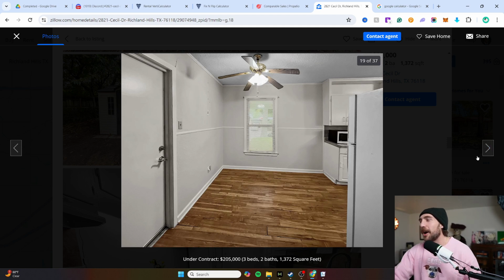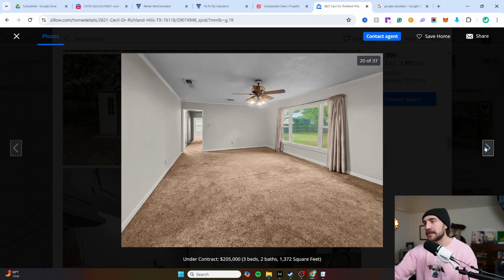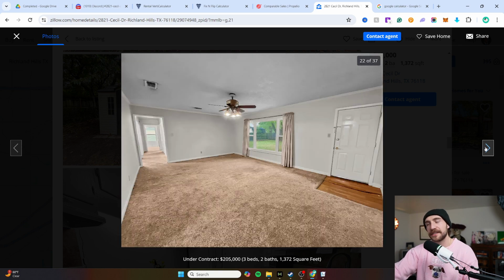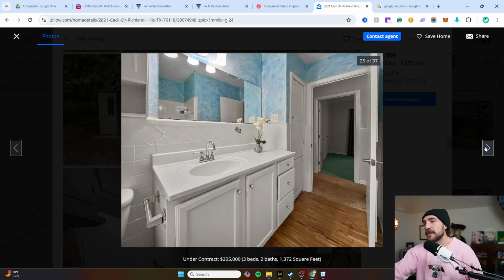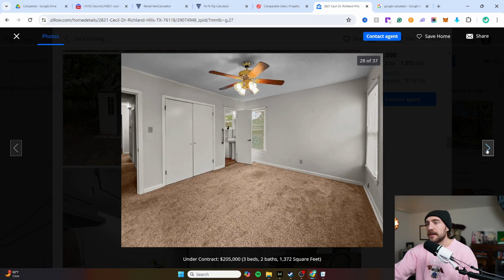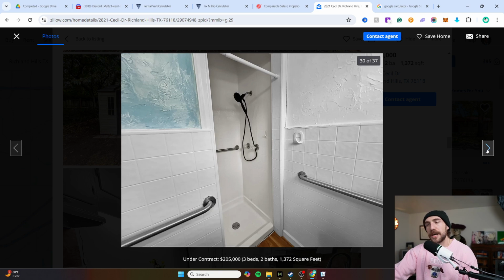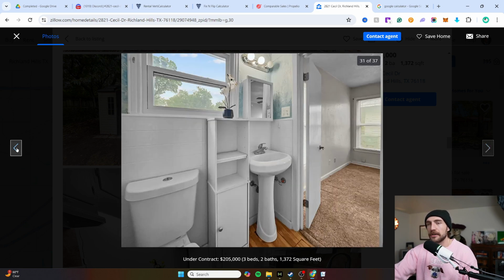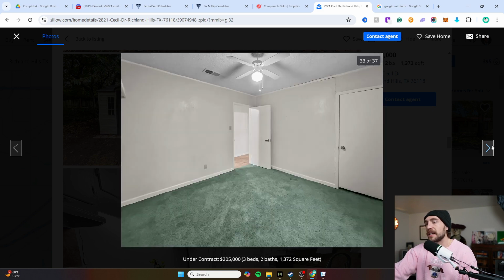There's cracks in the walls, guys. This house not only has bad foundation issues, it needs cosmetics. That's terrible. It needs LVT flooring, needs paint. Maybe the vanities are fine. Oh, that's a scary shower. Bad things have happened in that shower. That's the worst sink I've seen. Like it needs some love, guys.